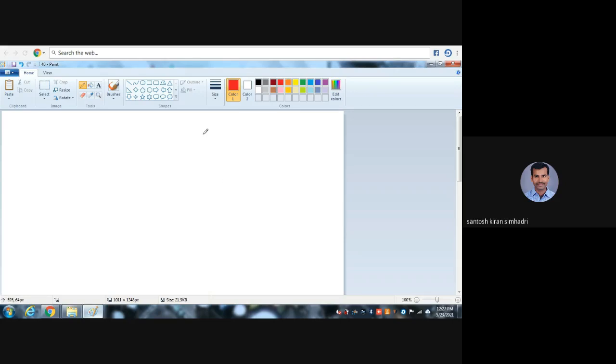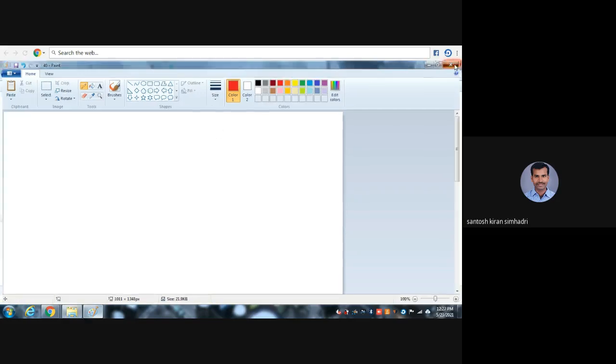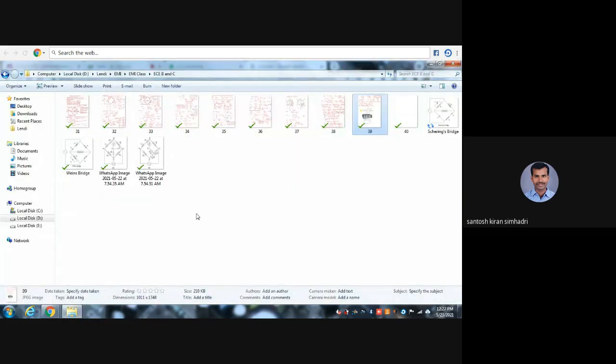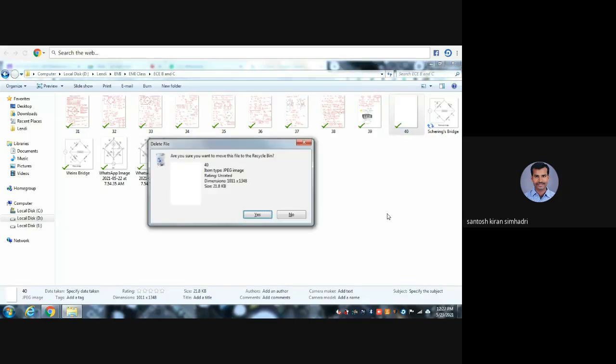I think the 40th slide is not required, because the 40th slide is only for the theory part, and I have just given some theory. This concept is completely based on errors and precautions in using the bridge. One more important precaution is at the user side, not the designer side: they have to use perfect values of the respective components. That is also very important.